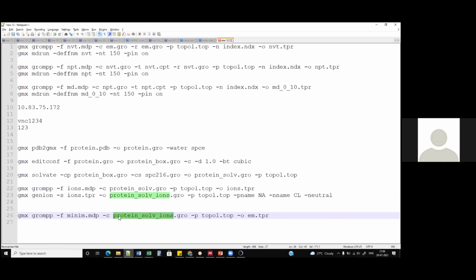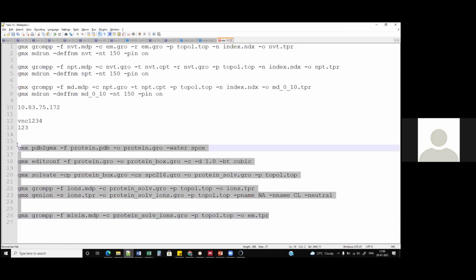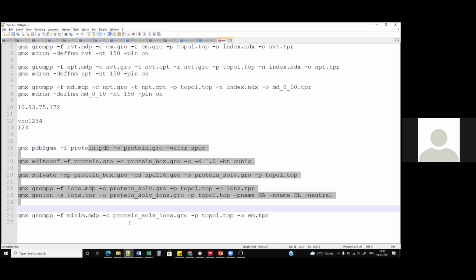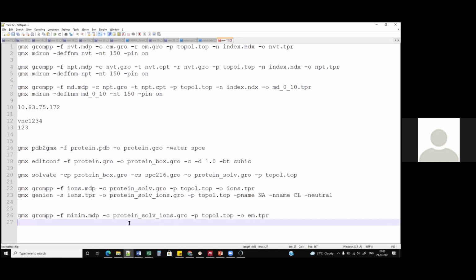It's not necessary to use the name protein. You can use any other name. But I'm doing it because you can save the list of commands and fire them very easily without going back to the tutorial. If you keep different names for each run, then every time you need to go and type them in. So just use the protein name by default, and you can use the same set of commands for every other simulation run.